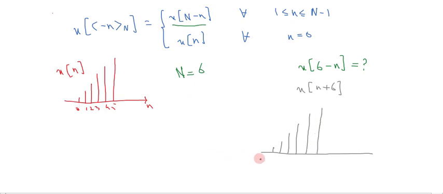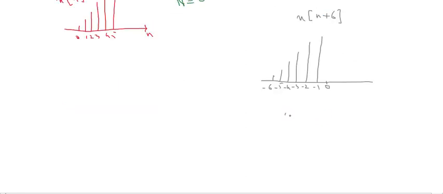This sample will appear at -6, -5, -4, -3, -2, -1, and it is 0. This is x of n plus 6. Now we have to find x of minus n plus 6. We have to do time reversal, linear time reversal in this signal. So it will become